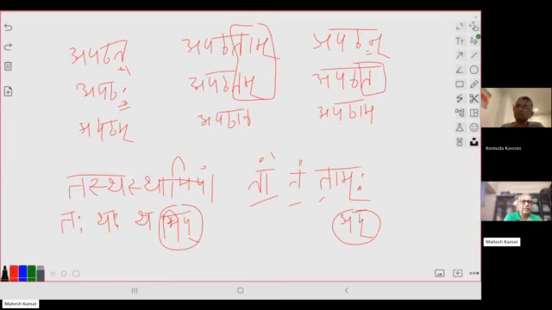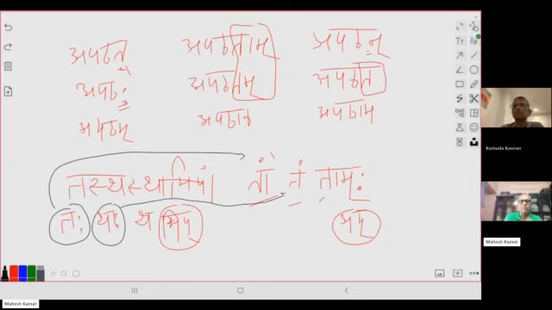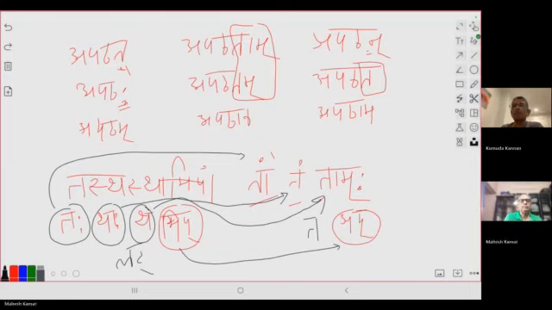Direct correspondence. Are you able to observe? Tas gives rise to tam. Thas gives rise to tam. I'm referring to lat lakara. Tha gives rise to ta, only ta. Right? Nip gives rise to